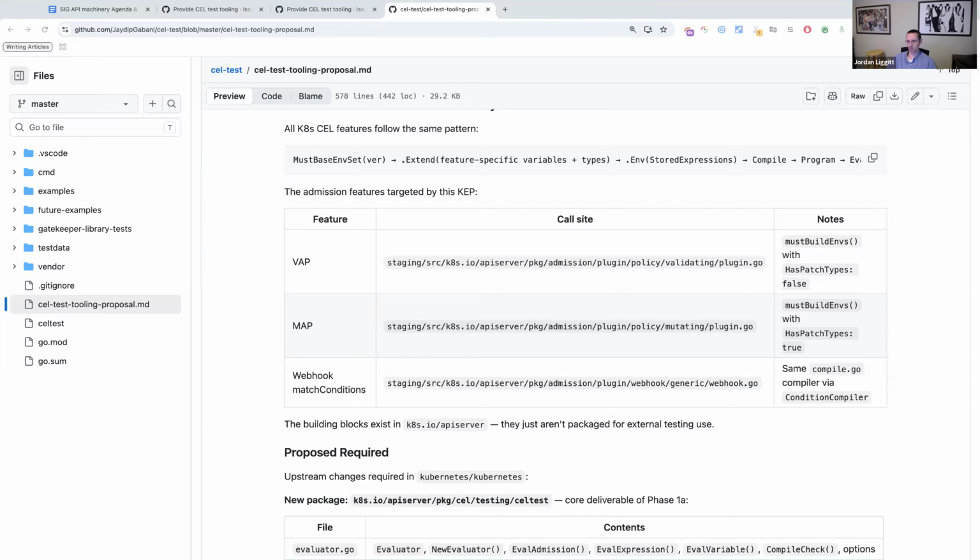But that's where the decision was to be on its independent repo, because if the goal is to provide more CEL tooling around other parts where CEL is being used, then does it make sense to have all the testing packages in one repo versus individual packages under one source? I think all of the use cases we're talking about, webhooks,